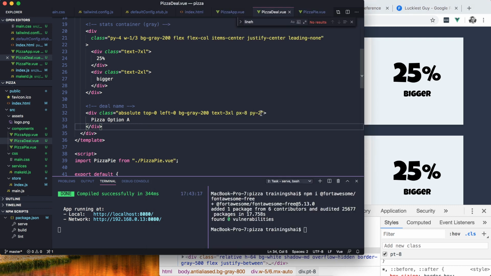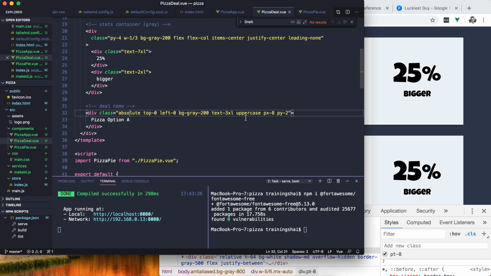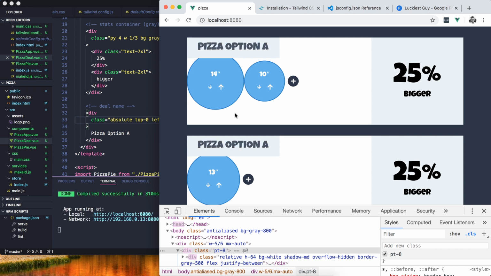I'm going to tell it to be uppercase, which doesn't make a massive difference in this font, but I do like that better. Text grey, let's give it a dark grey instead. And the other thing,